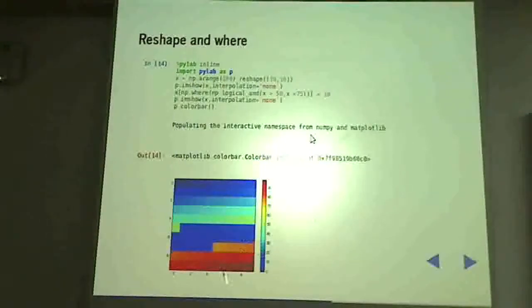So what has happened? See here, initially you started with the lowest values here, 0. It increases slowly. This is the color bar which tells you what each color corresponds to. These are those values between 51 through 74 which have been reset to 10. So that's why it is dark blue in color. And then it goes back to the usual sequence and you go all the way up to 99. So what we have done is we have identified certain elements of the array and we have changed their value.